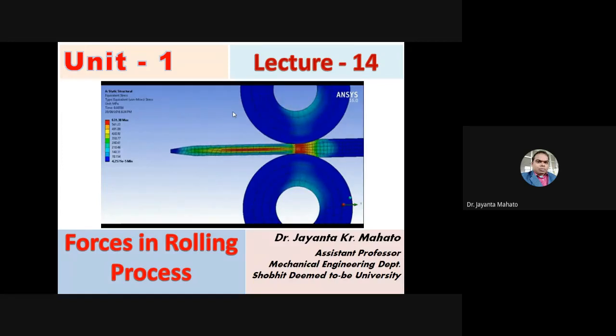Okay, as a simple example, to deform from thick sheet to thin sheet, how much rolling pressure is needed,